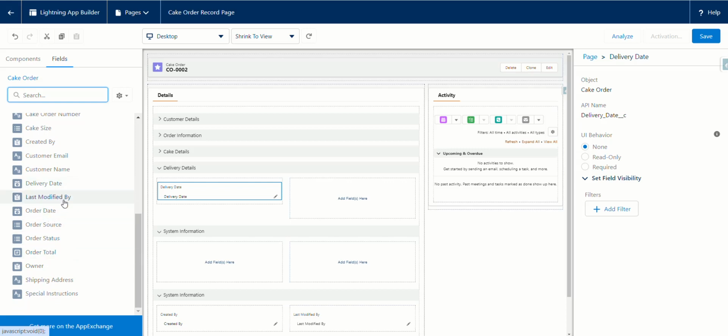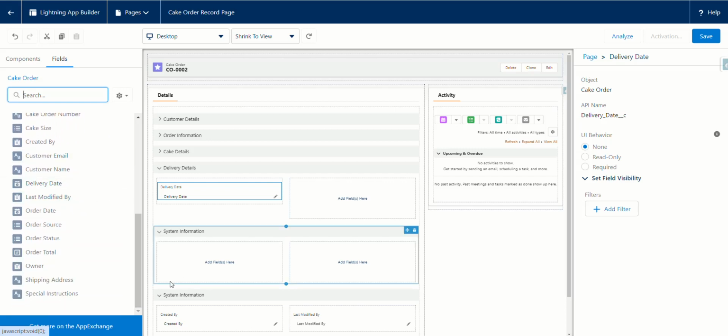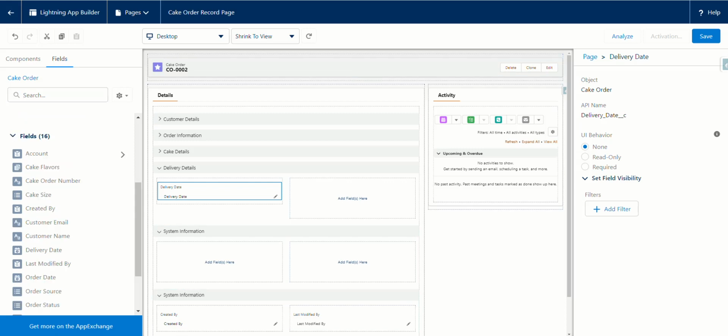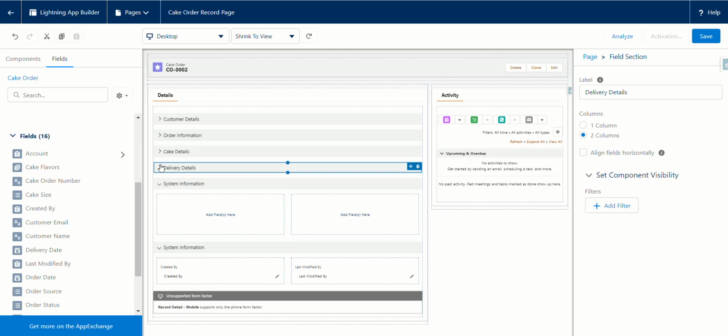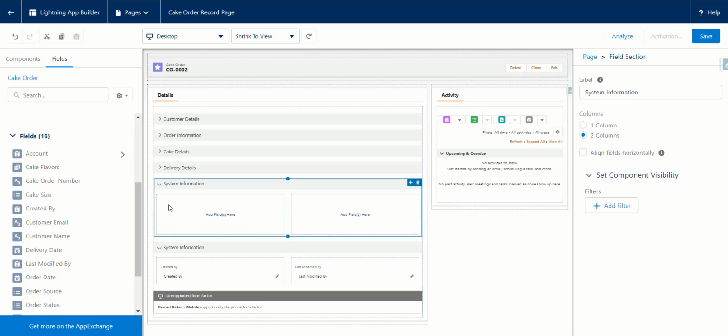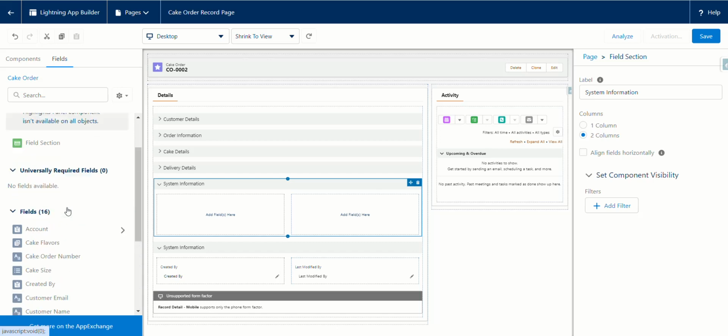Delivery status and delivery instructions. It's not here. It should be here. Let me do something here. Okay, I'm going to add those two later, and the next thing is going to be system information. System information, I want to do the